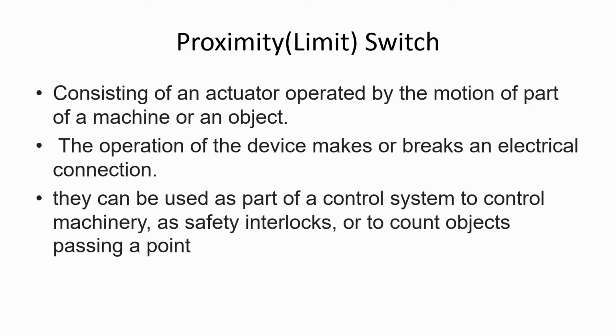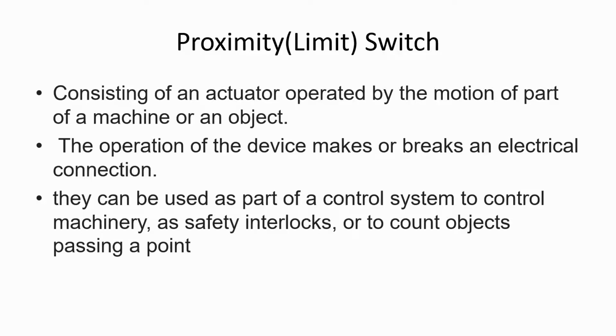You might know that in printers there are two limits, one extreme right and one extreme left. So in some applications it has to be indicated. When the workpiece or the work table or the object moves and reaches the extreme, it has to be notified so that the control system will take action.